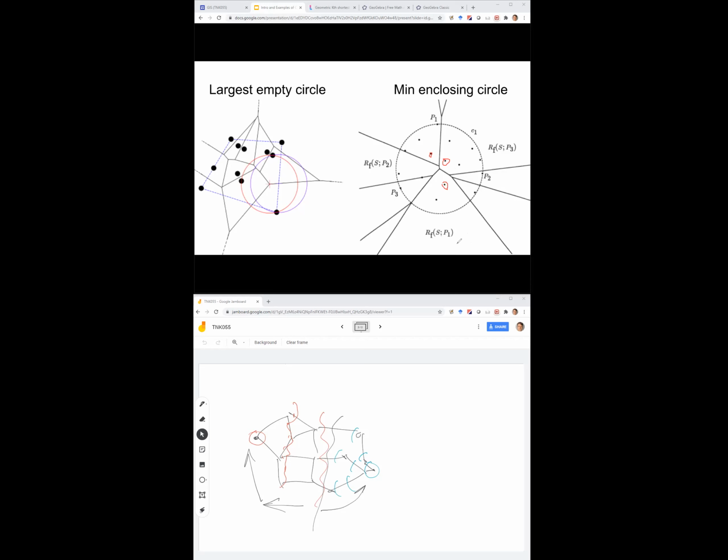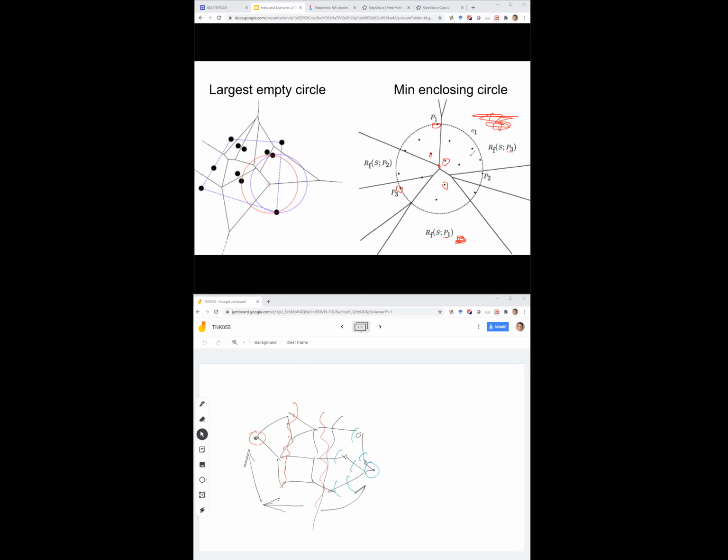But let's say the points which are over here, what is the farthest site? What is the farthest black point? Well, it's P1. It's this one. Okay, so this is the farthest point. For points which are here in this cell, the farthest point is P3, and so on. So this is the farthest site Voronoi diagram, and in this vertex you have the center of the minimum enclosing circle.